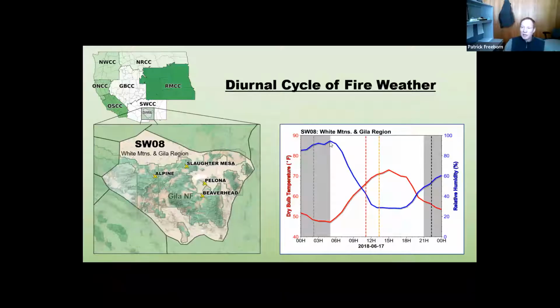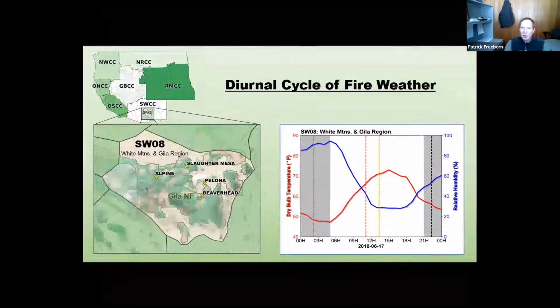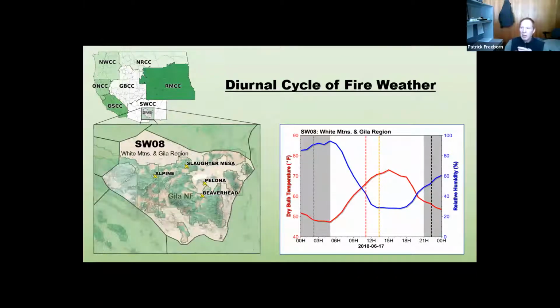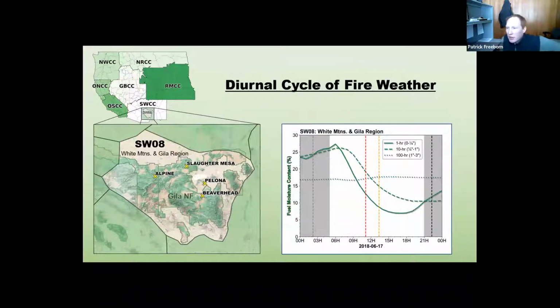As the sun rises, the incoming solar radiation heats the Earth's surface, which causes the air temperature to rise. And with increasing air temperatures, we have decreasing relative humidity. Those trends continue even beyond the peak of incoming solar radiation because the Earth's surface is still absorbing heat, up until a point where the solar angle is shallow enough that the incoming solar radiation can't replenish the outgoing longwave radiation. Those trends flip, and you start to get decreasing air temperatures and increasing relative humidities into the night. And so fuel moistures respond to changes in temperature and relative humidity.